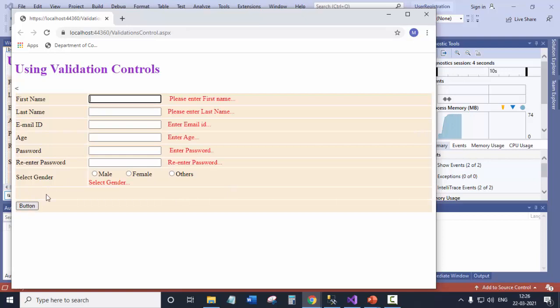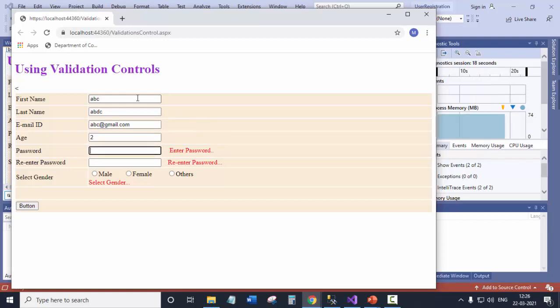Now we'll see what happens when we change the display to dynamic. So now I submit. This is all required validator. Now enter the wrong age. You'll see that the error was appearing here in the previous run, and now the error appears here itself. So the error position has changed.